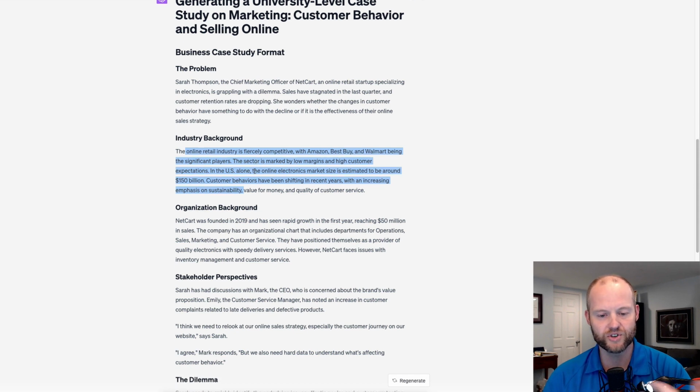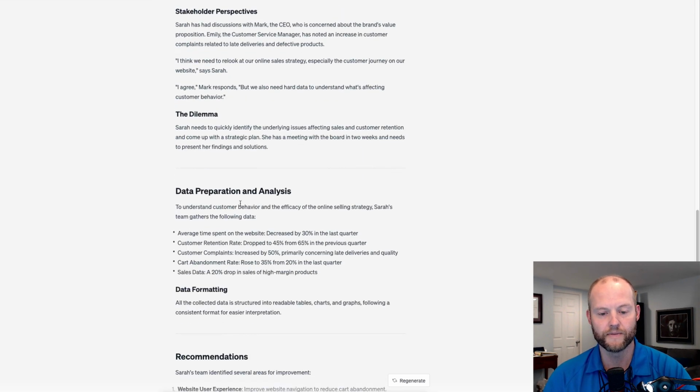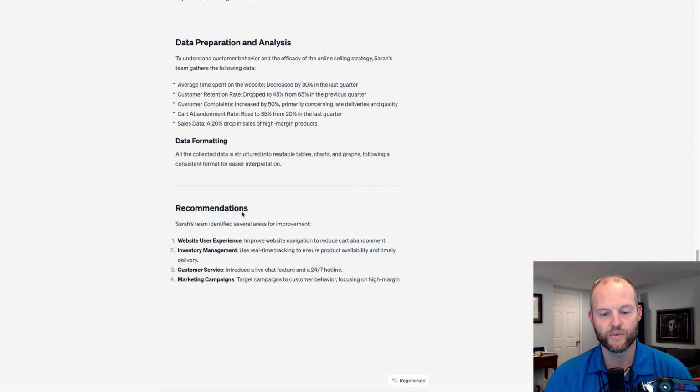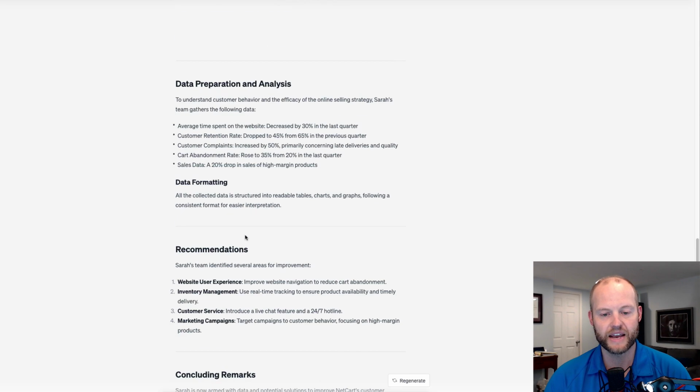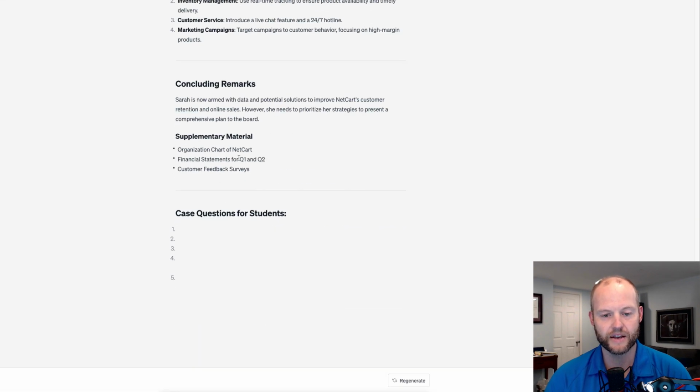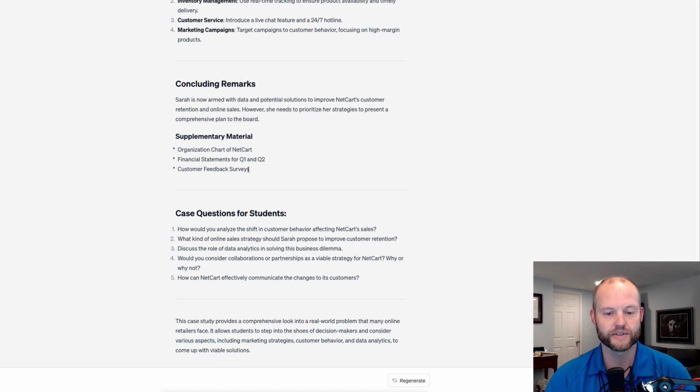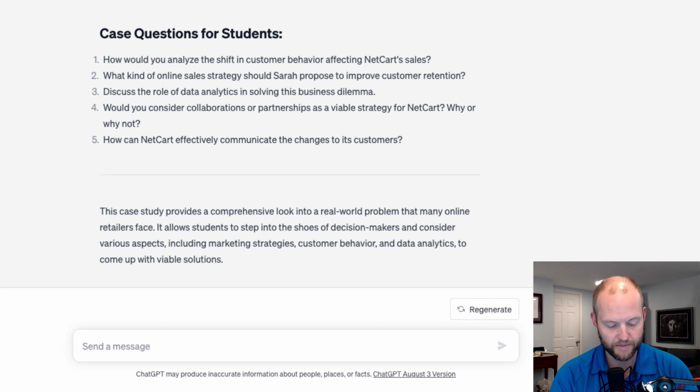For this scenario, I'm just going to go to our data, and we have some recommendations, some data, and basically I'm going to see the supplementary materials, which it says the organizational chart of Netgear, the financial statements, and surveys. So what I'm going to do is take the materials and go back here and say, create these in table format